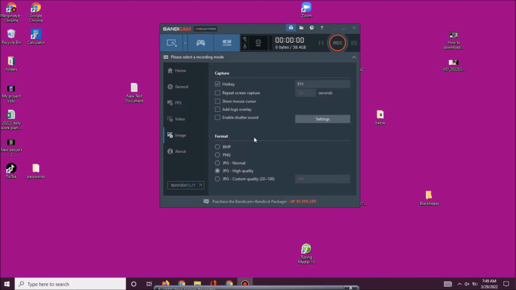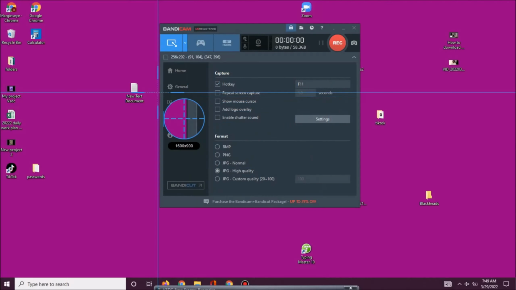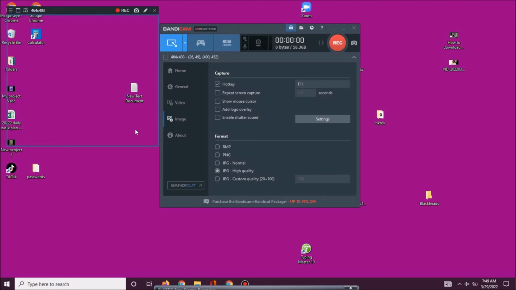Now let's go to the first portion here. This part is where you select the area of your screen that you would like to record. The first thing is normally selecting a portion of your monitor. If I want to select a screen, I just click on that and draw to select. If I just wanted to record this portion, or drag it to this portion, then that's what I'll record in